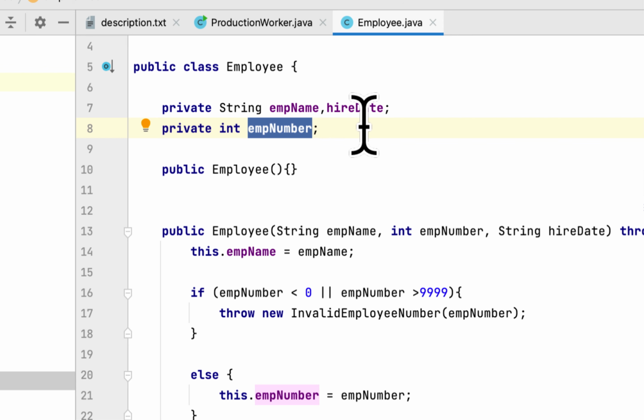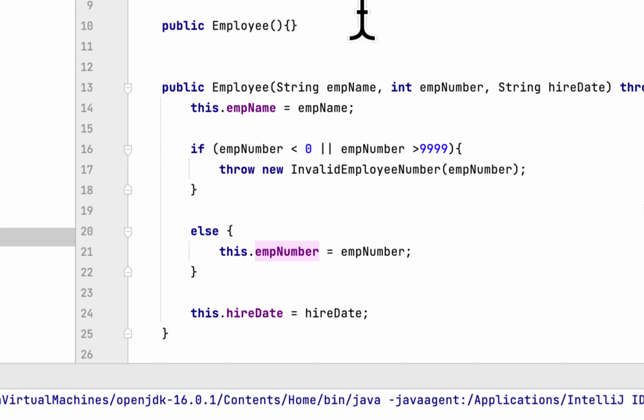But in this programming challenge, they require that the employee number be between 0 through 9,999. So I used an int variable here, and in the employee constructor,